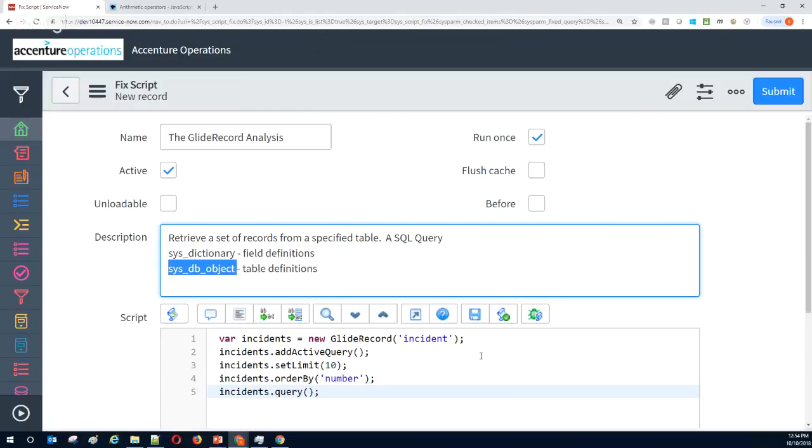And I can't recommend more highly going out and studying it. A lot of people know what the sys dictionary is, but very few know about the sys_db_object table. Again, study this. Look at it more. ServiceNow is a career, not a job. So you're going to actually be going in and studying this animal, ServiceNow, and getting to know what's underneath the hood. By knowing that, you're less likely to be surprised or blindsided by something unusual going on inside ServiceNow. At least you'll know where to go look and begin understanding